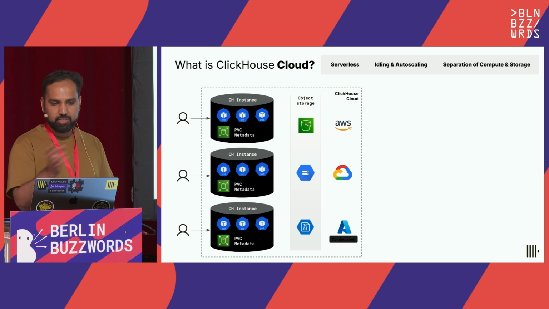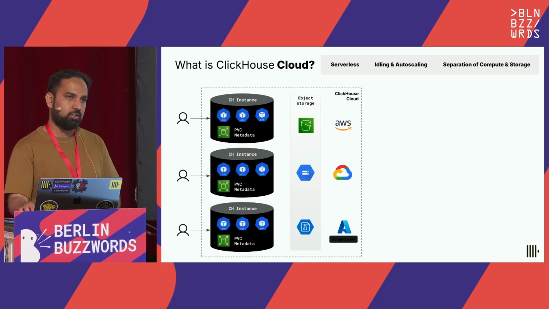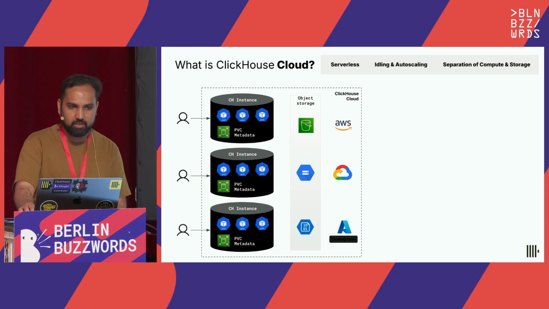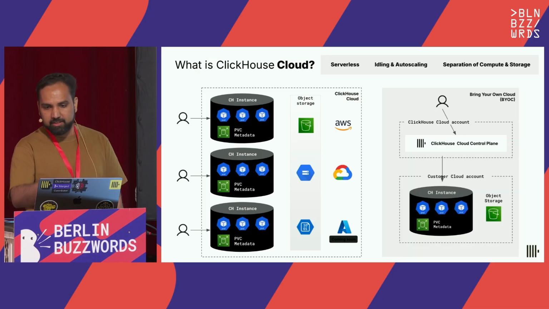And the way that storage engine typically works is, obviously, your data goes on object storage. But currently, we do have some metadata that we store on persistent volume claims, PVCs, which in turn are, of course, backed by EBS volumes. And there's the bring your own cloud offering. So for people who don't want to provision this inside our own AWS account for whatever data sovereignty purposes, you can provision this entire setup in their own cloud account as well.